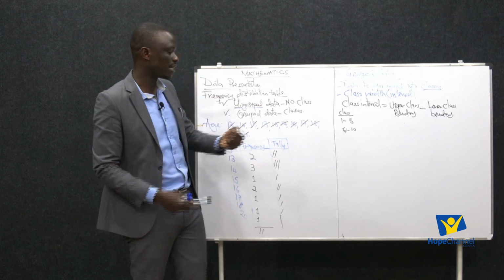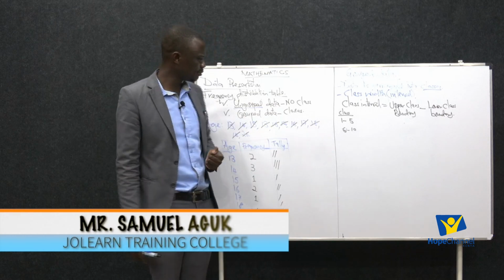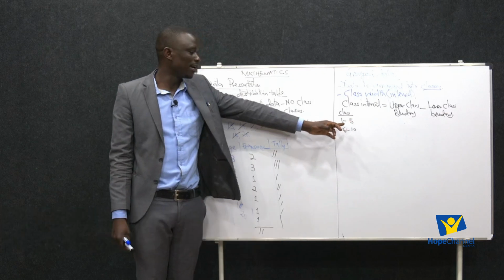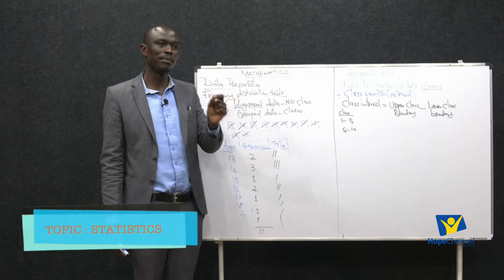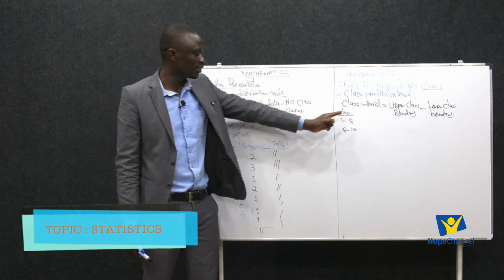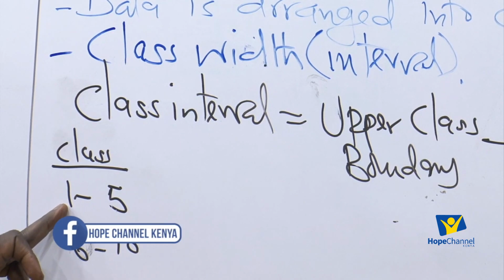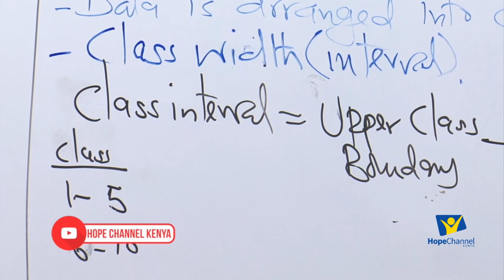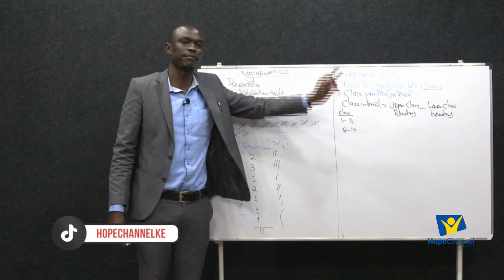So what is the class interval here? 5. Somebody will be asking, Mwalimu, if I say 5 minus 1, the answer should be 4. The only thing you should have in your mind is that you should not subtract 5 minus 1 to get 4, simply because both 5 and 1 are included. When we are counting the numbers, we count 1, we count 5. Are we there?